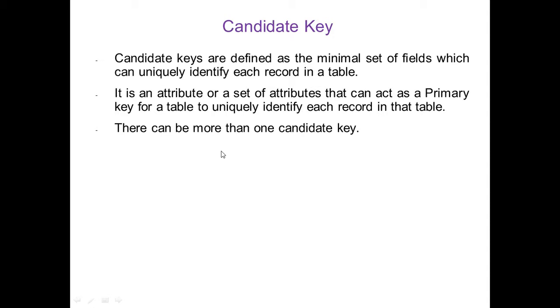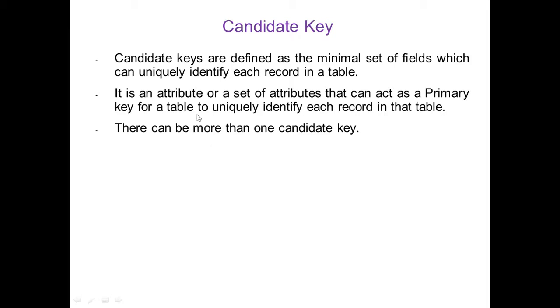Candidate keys are the minimal set of fields which can uniquely identify each record in a table. This is the set of attributes which can uniquely identify each record in a table.